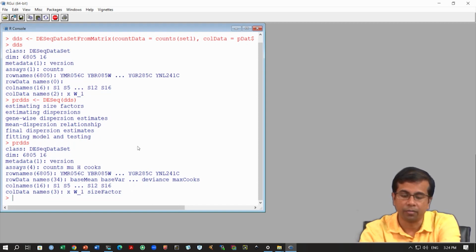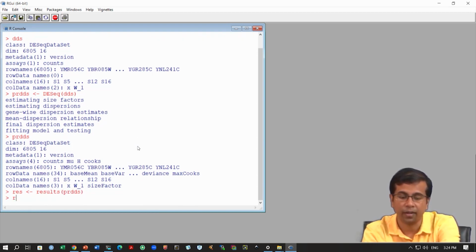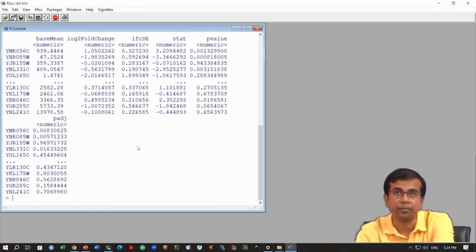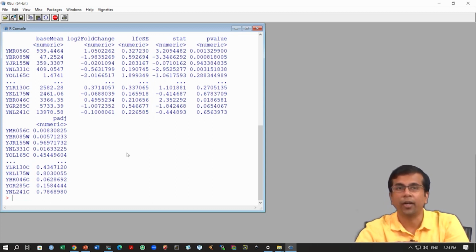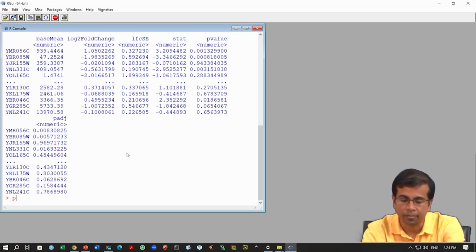Okay. So, the simple part now is to look at the results. We create these results by this command, and we can simply say res. So, we get this base mean, log fold change, the statistic, p value and p adjusted. Now, this is as before. You can go ahead and do the same analysis. So, what I will do is I will simply plot this now,